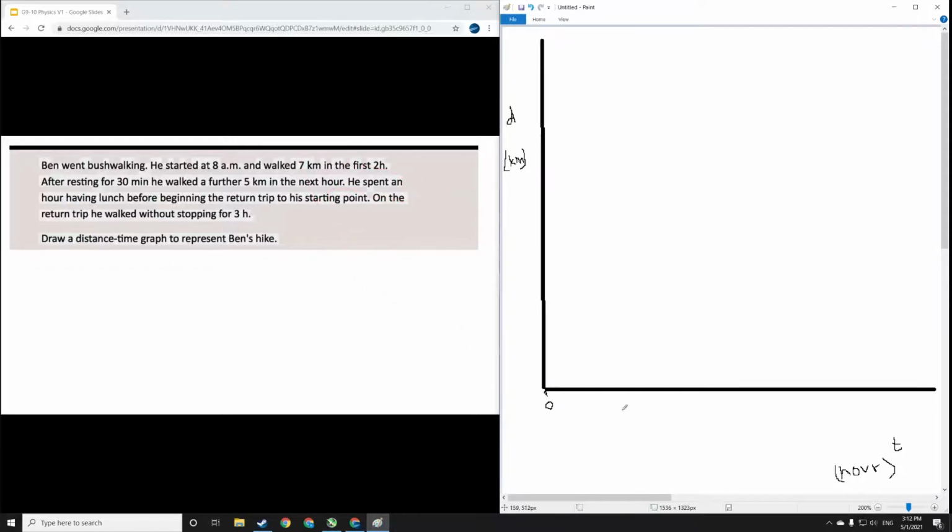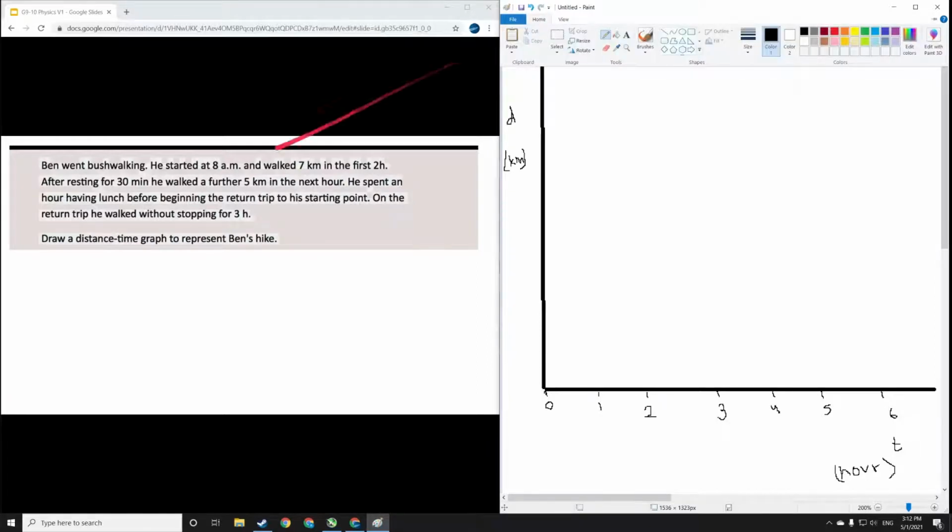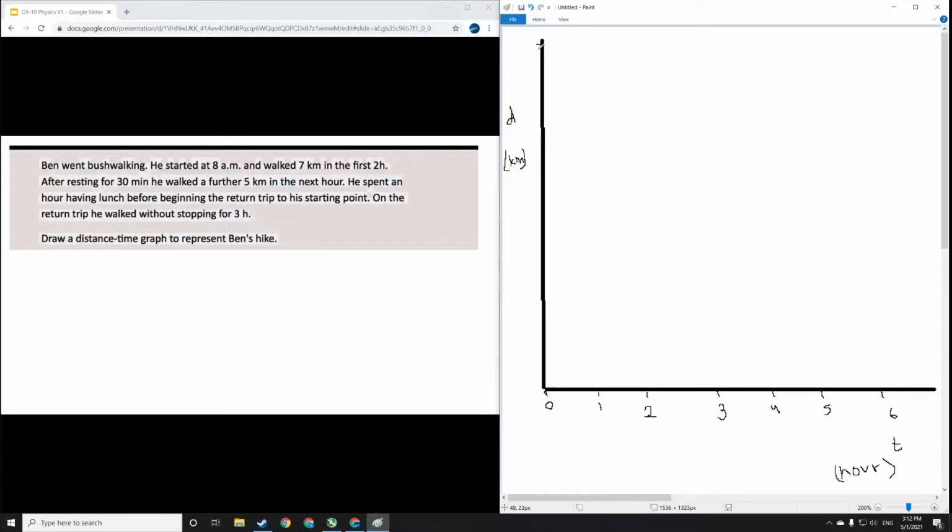First 2 hours, so we're going to have something happening at point 2, and then another in the next hour, so 3, and we want to have our 1 here, and then he walks another 3 hours, so let's have a 4, a 5, and a 6. So our time portion is complete. So it seems like he walked quite a bit, 12 kilometers, so let's make this go all the way to, let's just say, 12,